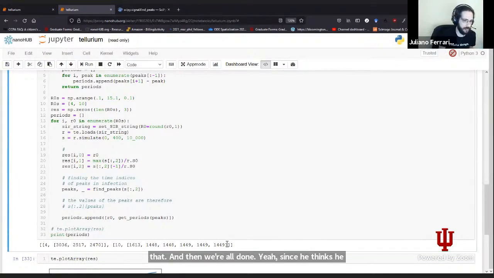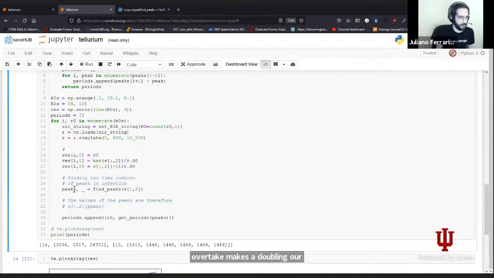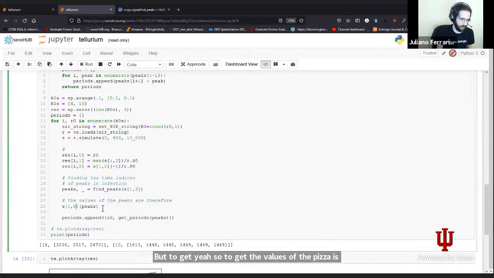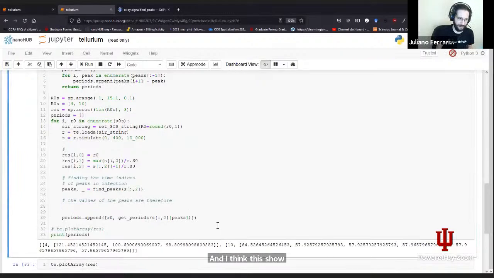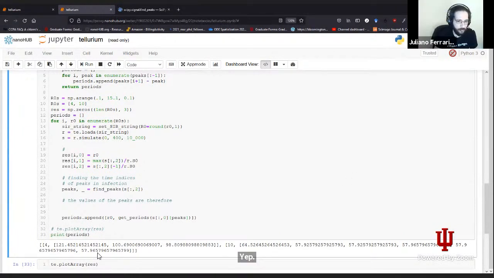But in any case, we can see that it halved the period, give or take, which makes sense with doubling R naught. But to get the values of the peaks, it would be this. So the times would be this. And I think this should work. Let's see. Yes. Yeah, so about 100 days for alpha, and then